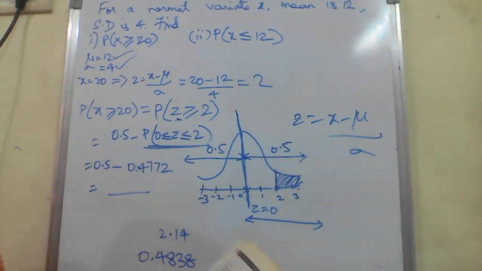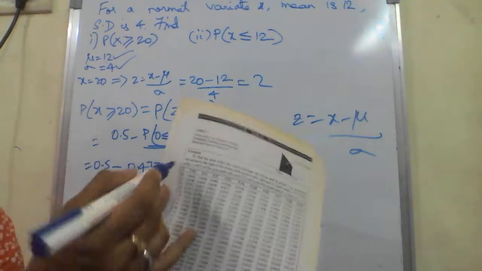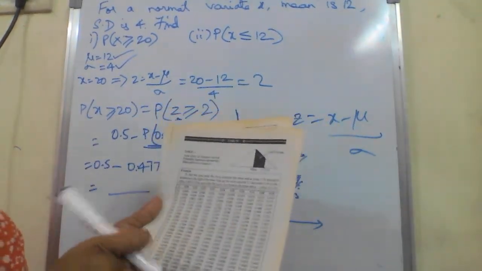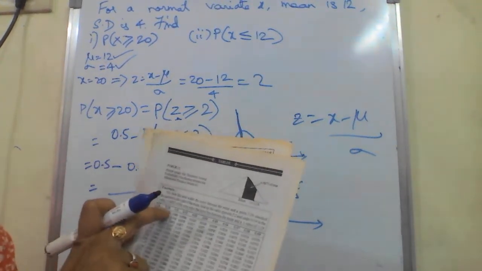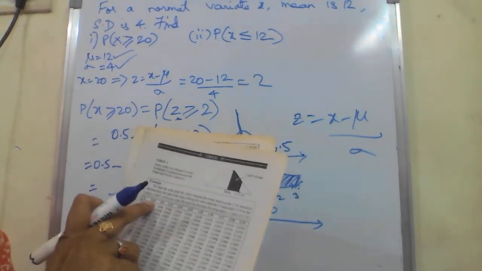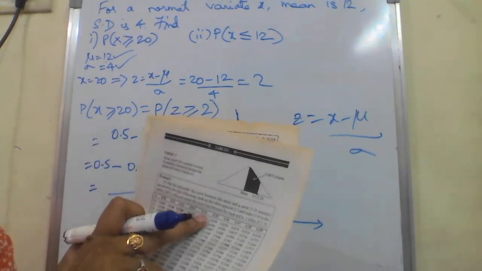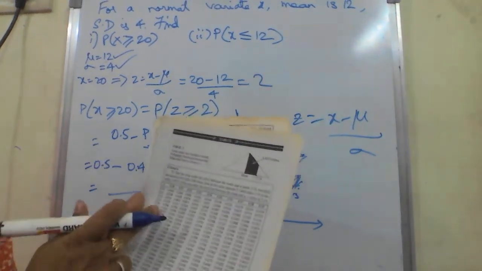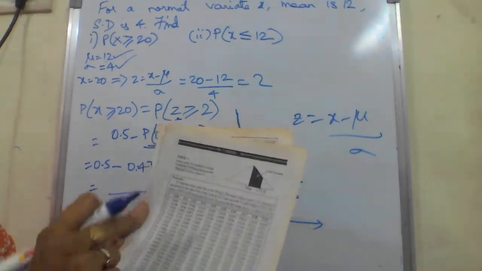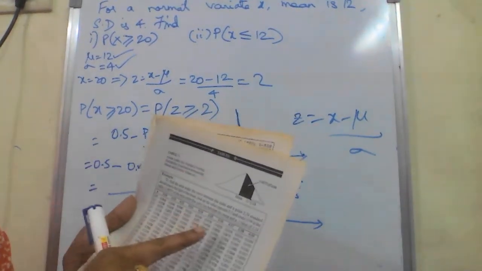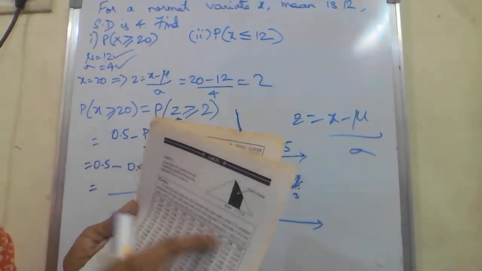Next you try to understand, put the table in front of you and see. 2.14 means 2.1 from below x. 2.1 you have to look in x, and 4 will be row wise, the first row wise. 0.00 you have, 0.01 you have, 0.02 you have, 0.03, 0.04. So 2.1, after the decimal up to 1 digit you have to see in the first column itself, and the corresponding value whatever you want you have to look on the first row.